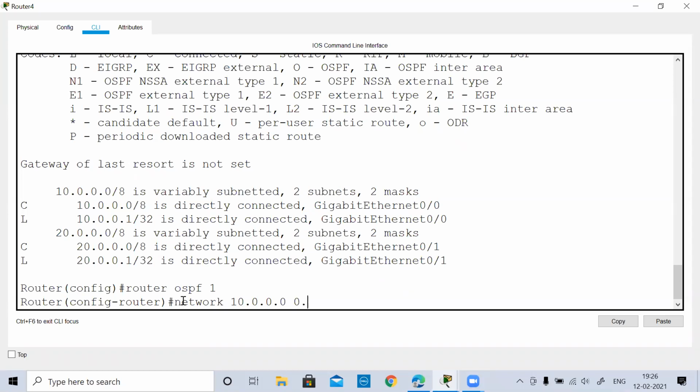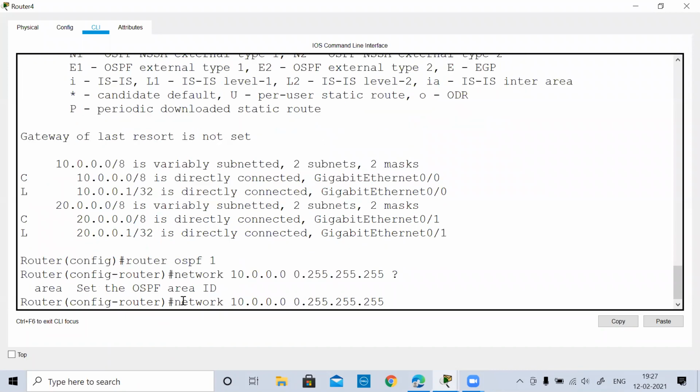And here, if you don't put the wildcard mask, remember that it is not going to auto summarize, like the way we had in EIGRP, that even if I don't put the wildcard mask, it will take it as auto summarization, that is /8. However, in OSPF, it doesn't work out that way. You have to give the wildcard bits, the complement, because we have understood that OSPF works with the concept of area.